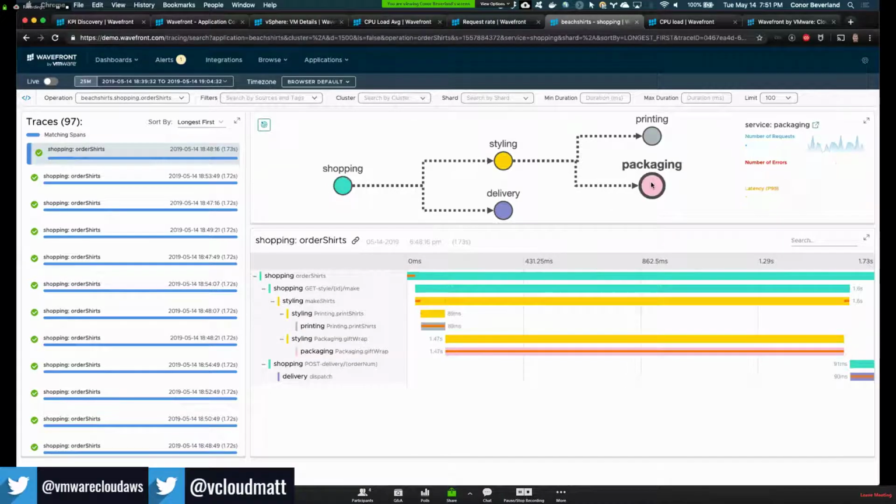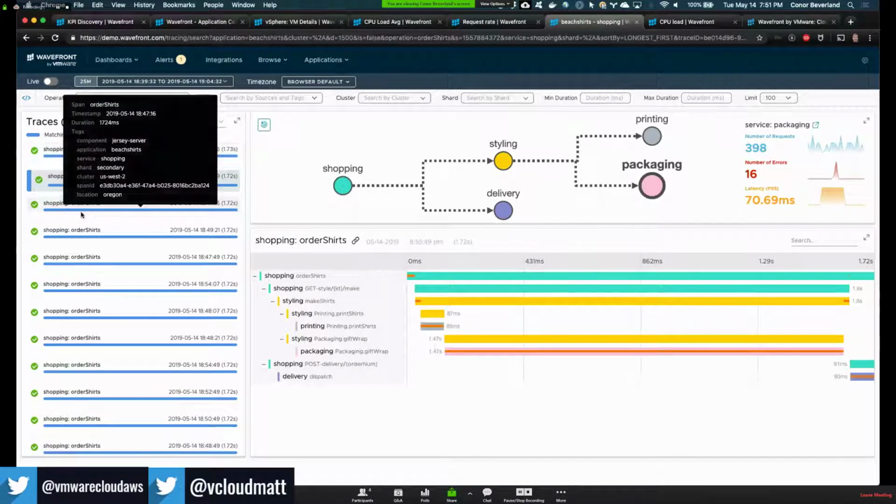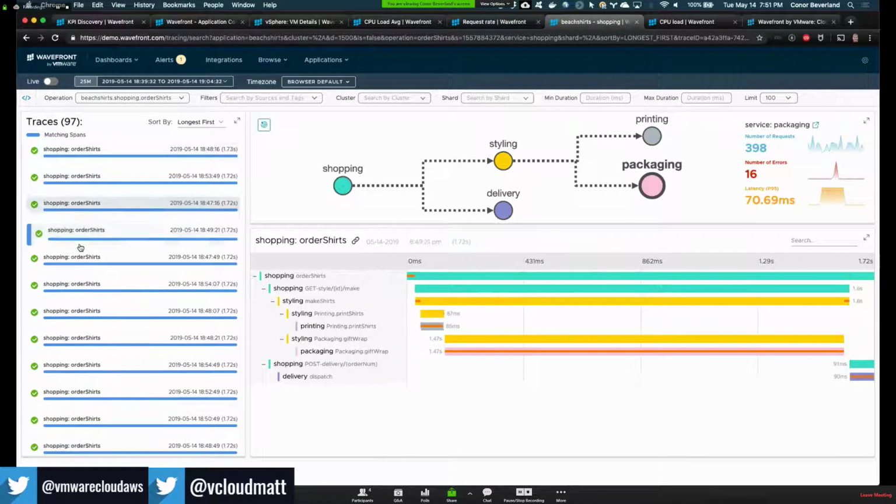If I click any of these, I get to see the associated red data for any of those services that I click. And looking at these traces, I'll maybe check a few of them to confirm they're all similar, which they are. It's actually not the shopping service itself which is taking so long. The shopping service calls others, and the thing which is taking the most time is this gift wrap operation within